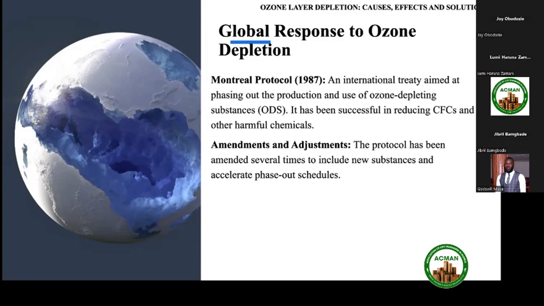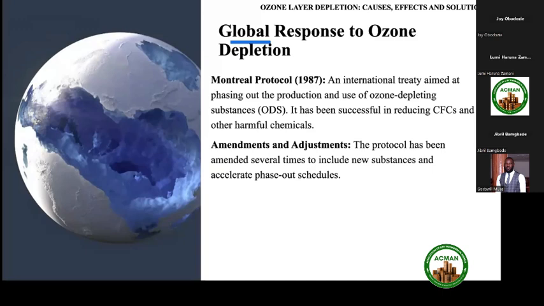Alternatives like HCFC, the hydrochlorofluorocarbon, are also ozone-depleting substances. You bring up another one, HFC, which has its own impact on the environment, not necessarily affecting the ozone layer, but having global warming potential, which is also environmentally not good.